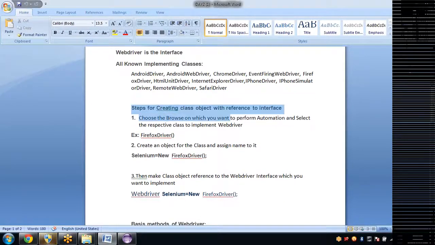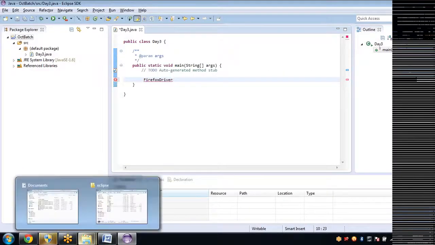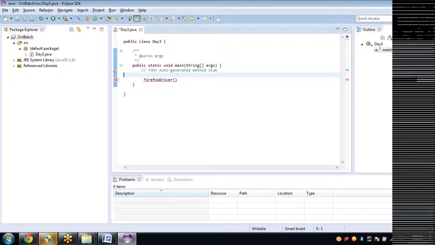So what are the steps here for creating a class object? Choose the browser on which you want to perform automation. Yes, selected Firefox driver. This is my class, and now create an object for this class. So how would you create an object for the class? It's very simple. This was the syntax. New.